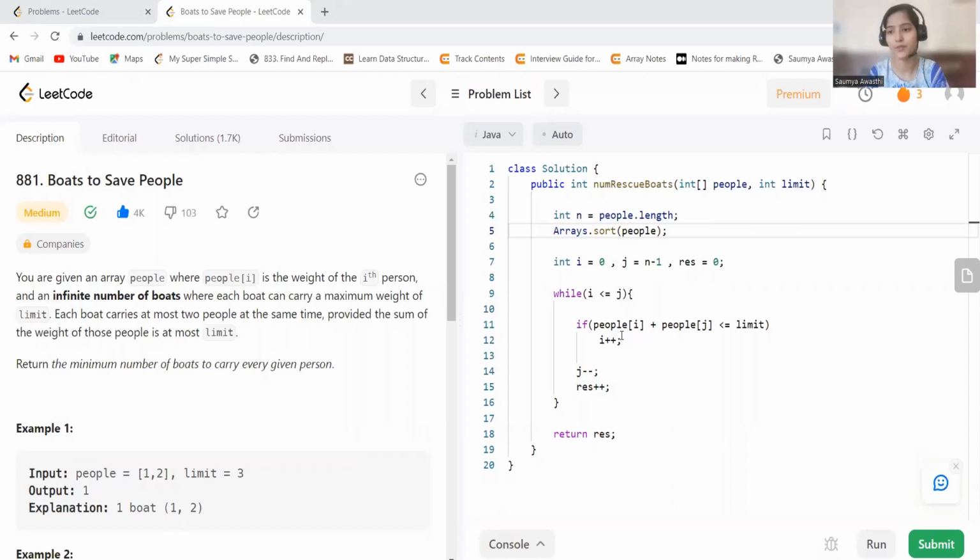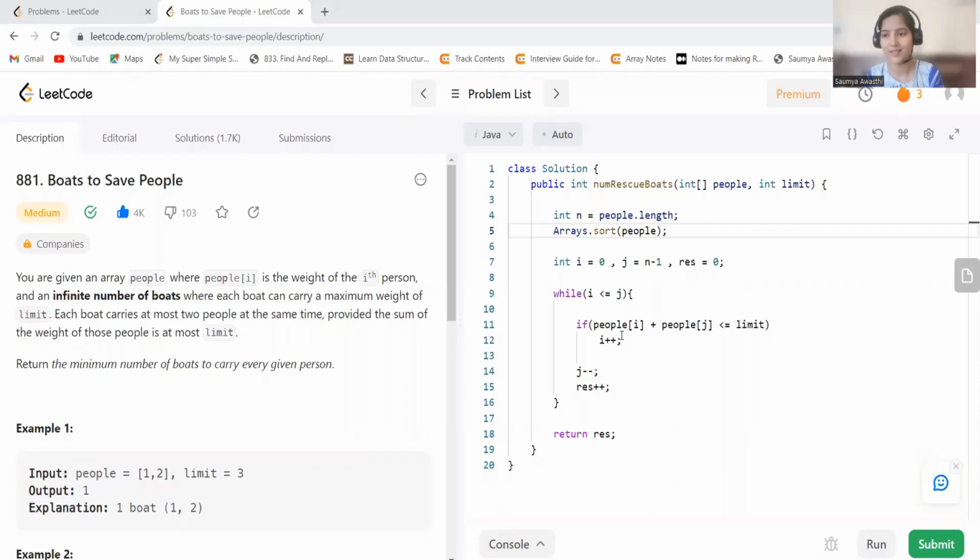So today in this video we are going to solve 881 Boats to Save People. This is today's problem on the LeetCode platform for the April LeetCode challenge, right? So as usual, first of all we'll be discussing the problem statement, and then we'll be having a look at the coding as well as the logic part, right?